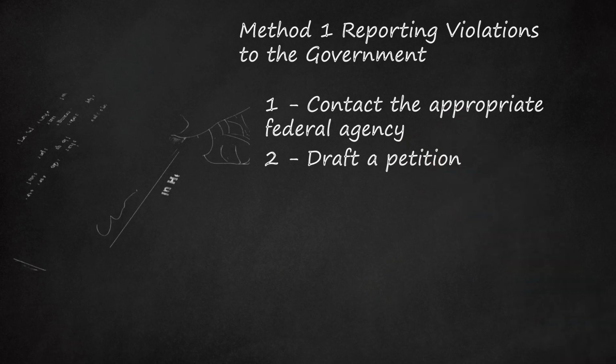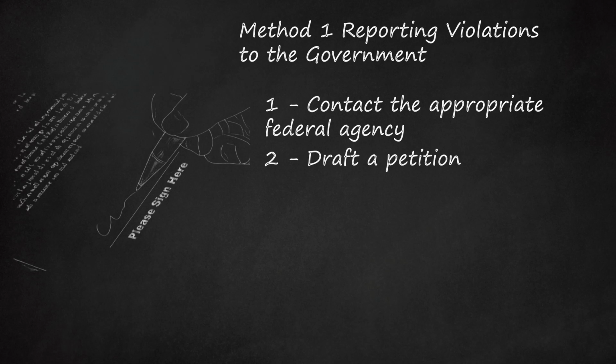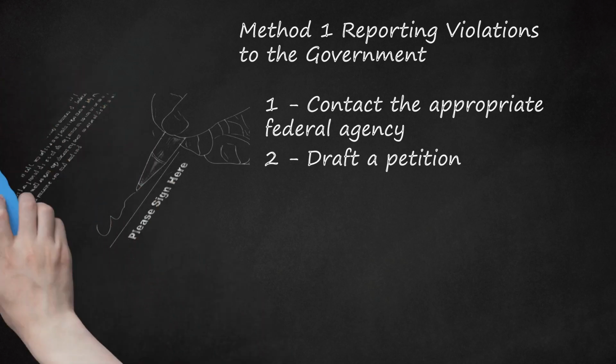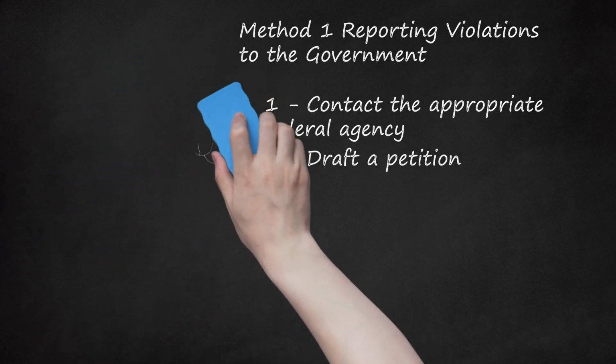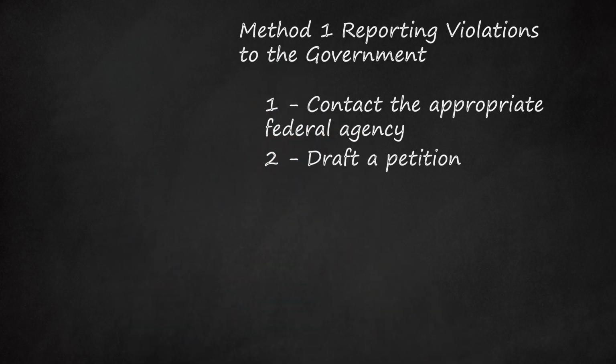Getting signatures on a petition can encourage the federal government to take notice of a particular human rights violation. Before you start your petition drive, research the requirements for a legal petition so you can make sure you're following the rules and that all signatures on your petition will count as legitimate and actually make a difference. While there are plenty of websites where you can build a petition for free, many of these sites do not check identification of anyone signing. If age and residency cannot be verified, the petition cannot be considered as more than suggestive to any governmental entity.